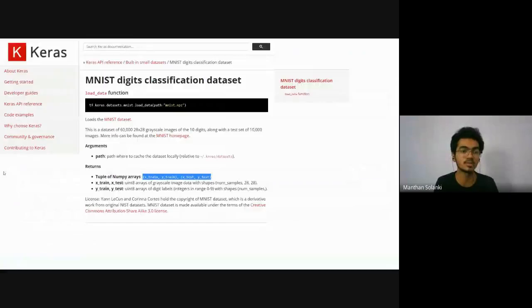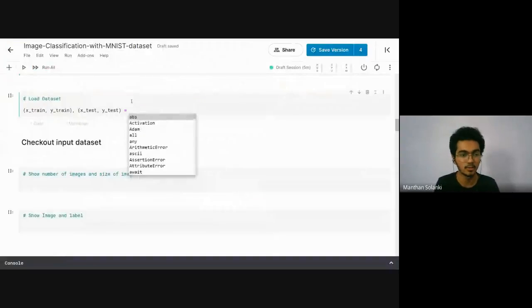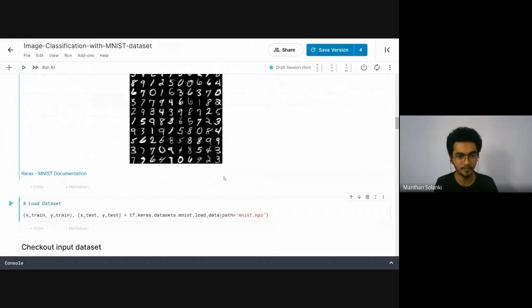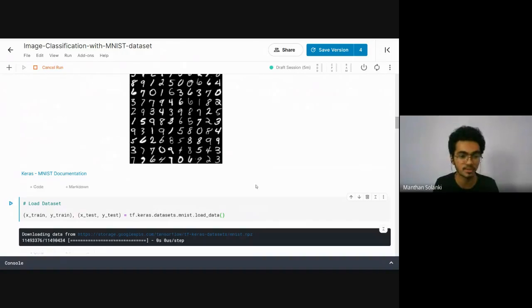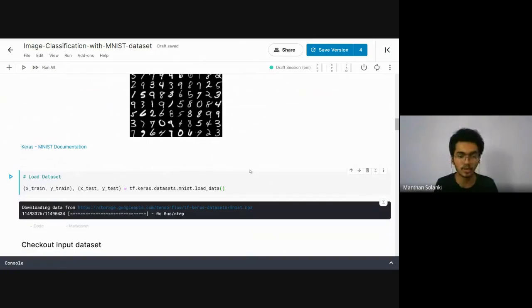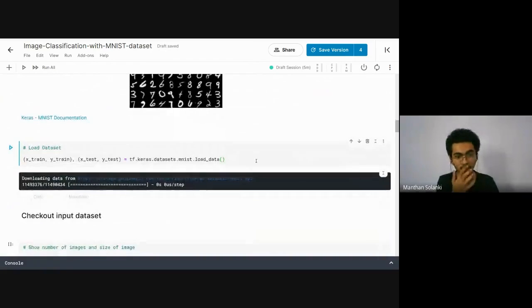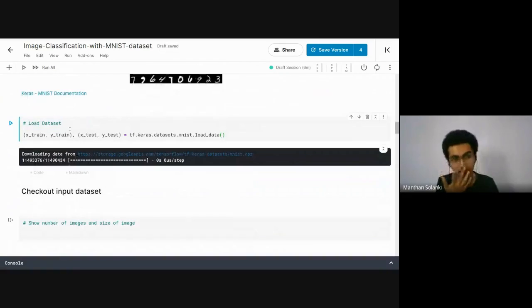Just see how we can use this load_data function. Simply copy tf.keras.datasets.mnist.load_data and paste it over here. We don't need to give any path, and then simply run this, so it will load the data for us. Okay, now our data is loaded in this form.